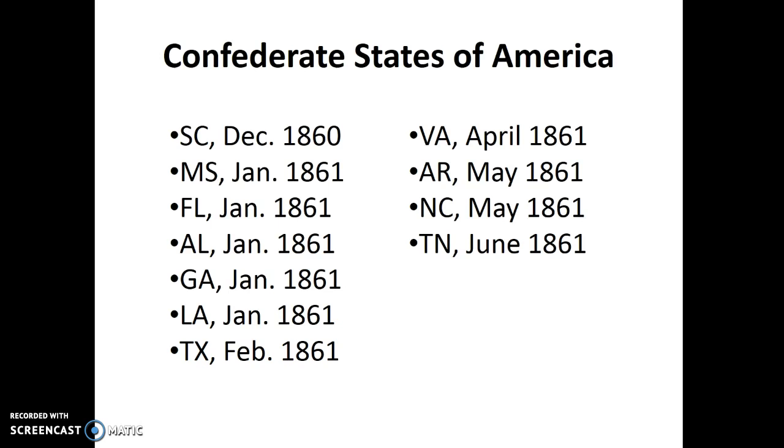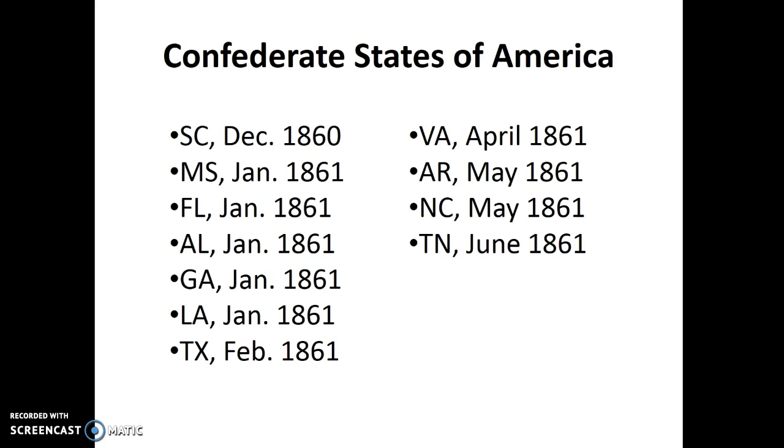You do have another side note next to Virginia. We are going to see a group of Virginians not want to secede. They're actually going to make a motion to stay as part of the Union, and this is where we get the state of West Virginia today. The reason West Virginia becomes a separate state is because that part of Virginia did not want to leave the Union, and that will happen. West Virginia will be enacted as a separate state that did not leave the Union a couple of years after the war began.